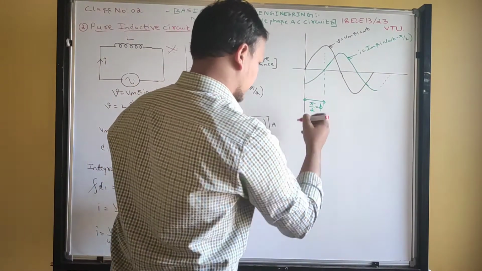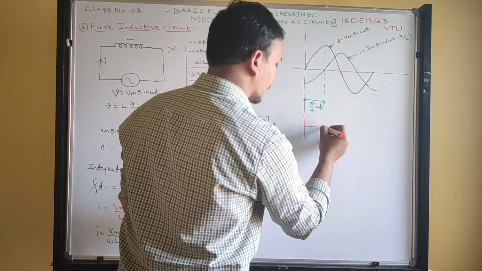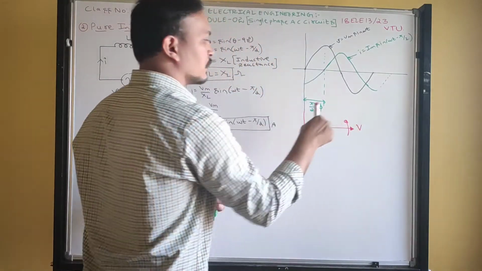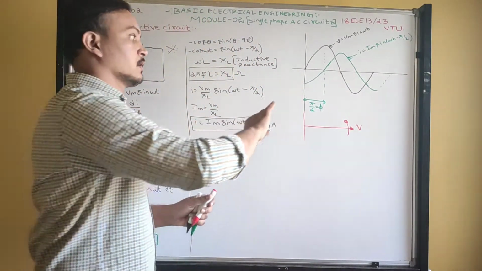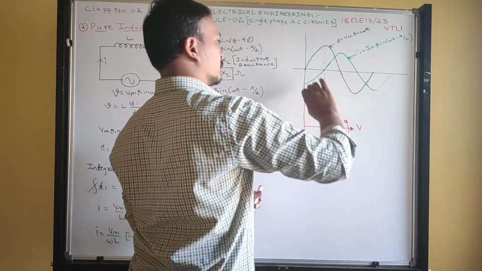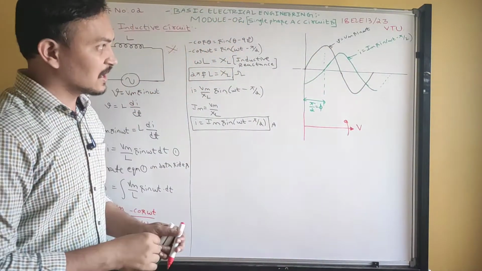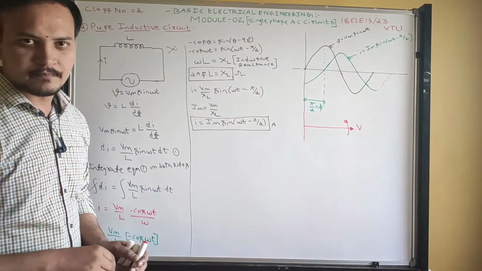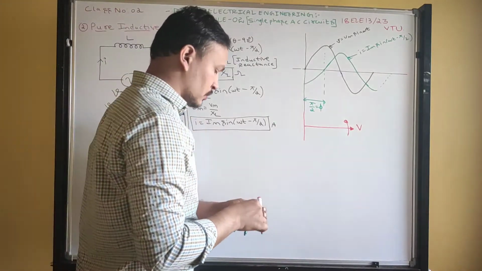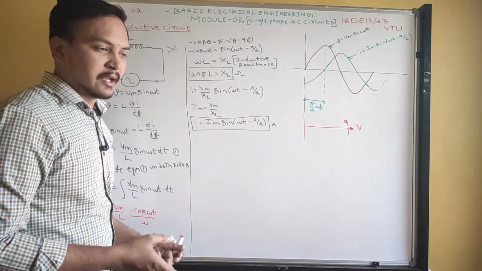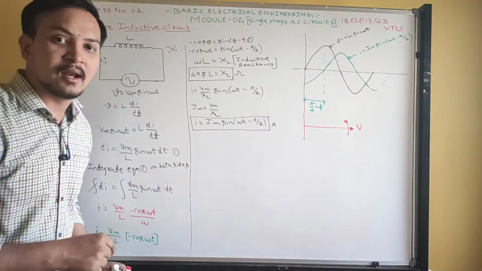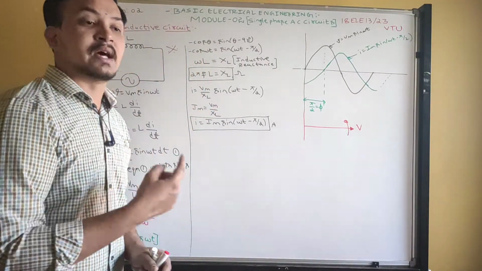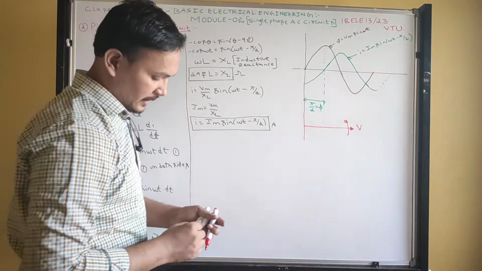So next, how to write the phasor diagram. Guys, what is the reference I have taken? Voltage. Now I need to rotate this voltage phasor in the anti-clockwise direction. One anti-clockwise rotation will give one alternating cycle. Similarly, the current phasor, green color, should also rotate. In anti-clockwise rotation, you will get one alternating cycle. But what is the angle here? Negative angle. A negative angle should be measured with respect to the reference axis in the clockwise direction.